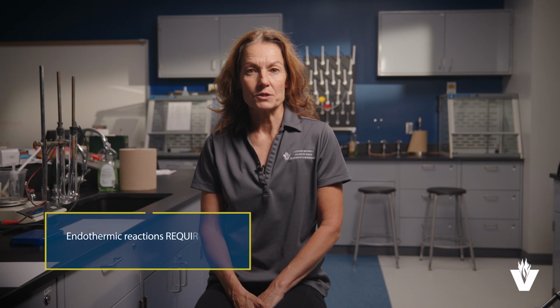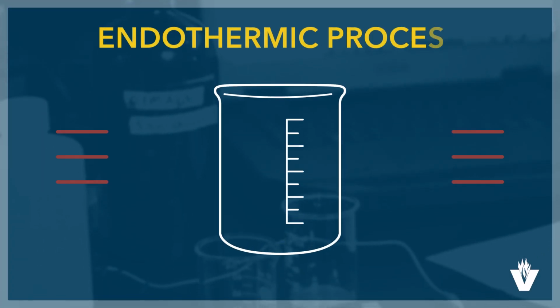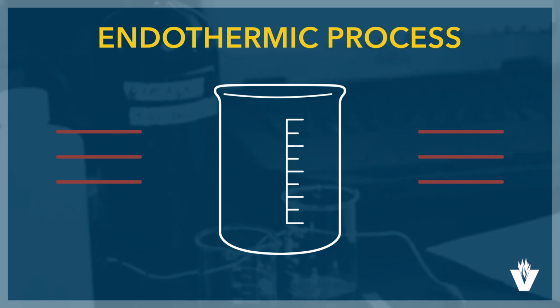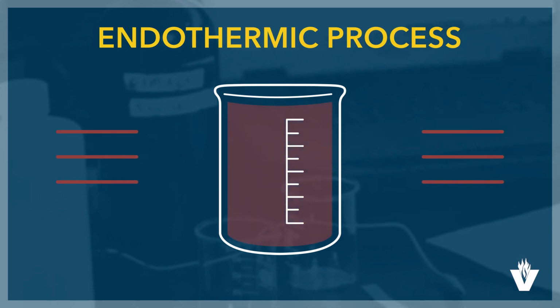In this video, we will learn how to calculate the change in enthalpy, or the amount of heat absorbed by an endothermic reaction. Endothermic and exothermic reactions can be thought of as having energy as either a reactant in the reaction or as a product. Endothermic reactions require energy, so energy is a reactant. Heat flows from the surroundings to the system, the reaction mixture, and enthalpy of the system increases.